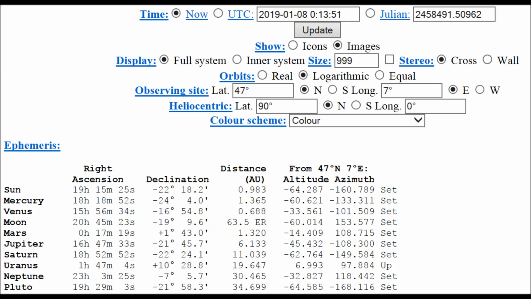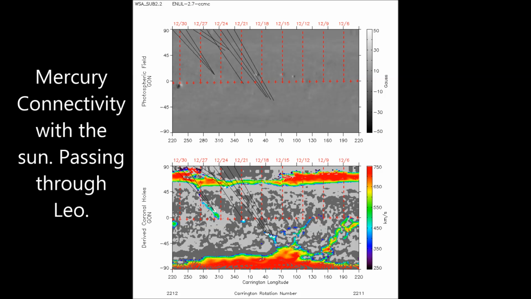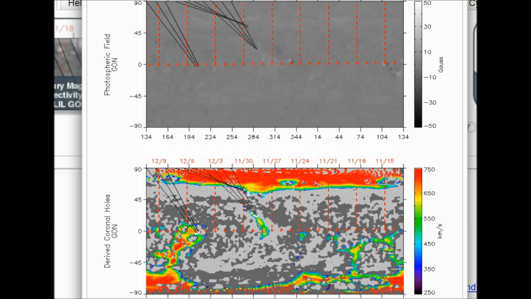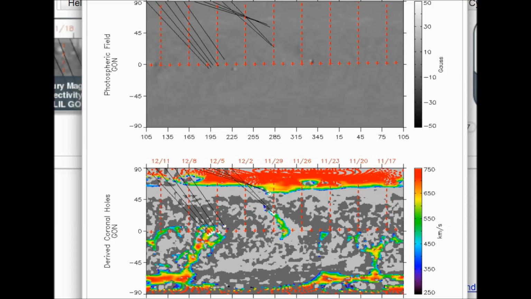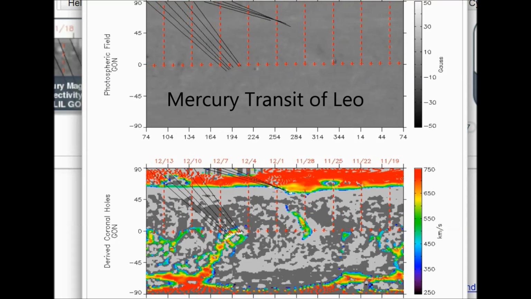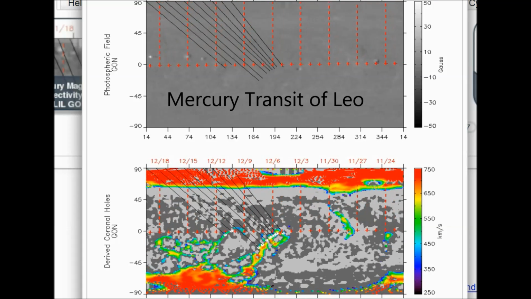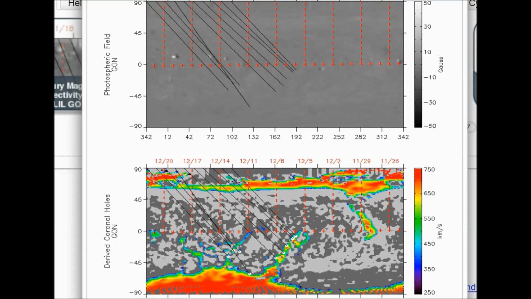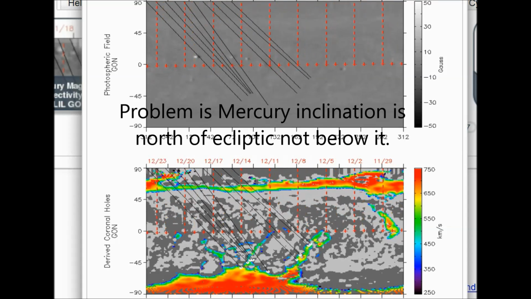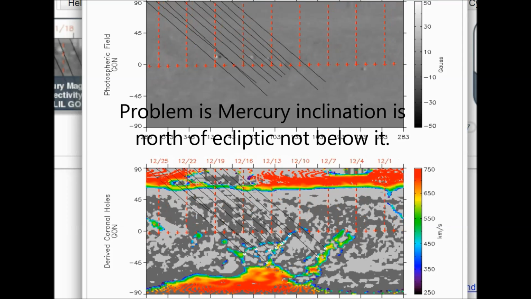So then, why, when Mercury passed through this exact same corridor, this exact same alignment with Leo, why did we get the same exact phenomenon? And it can't be the same coronal hole stream, and it's not likely to be a second coronal hole stream, even though the bottom graph kind of indicates it's a coronal hole stream. So the thing that I just wanted to draw your attention to is that Mercury produced the same phenomenon with